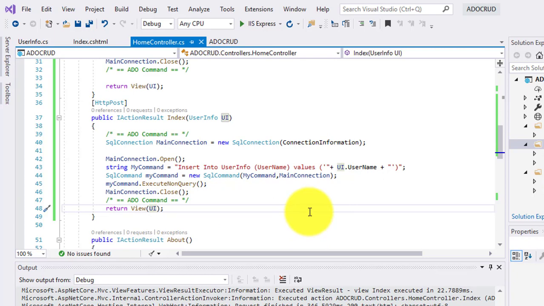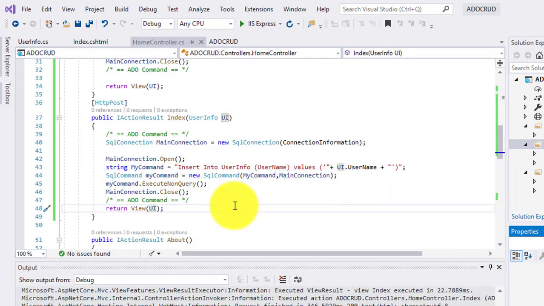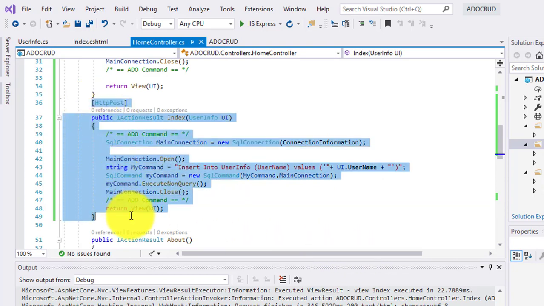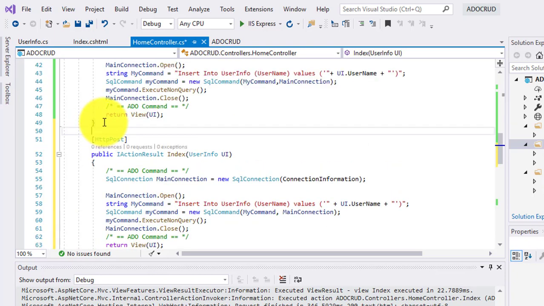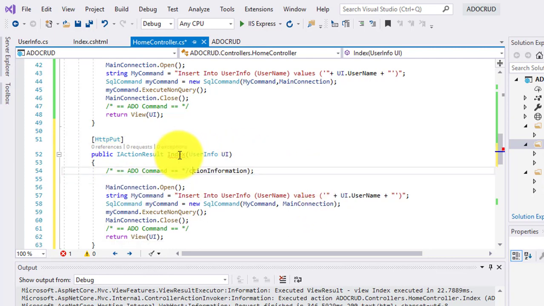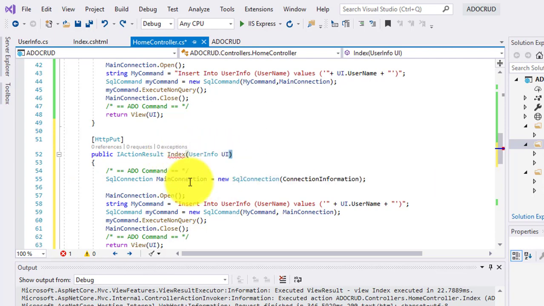Now we have done two operations. We have created the data, we have read the data. Now it's time to update the information. So what we will do, we are going to create another action which will update the information. Simply copy this, copy and paste here. Now it will be of HTTP put, which is used to update information. The same error occurs here, that you cannot use the same parameter. We are using the one parameter which we need to replace. So we are going to use